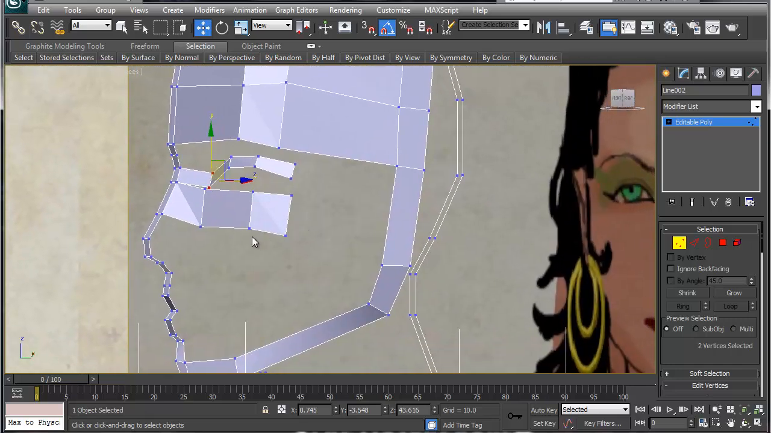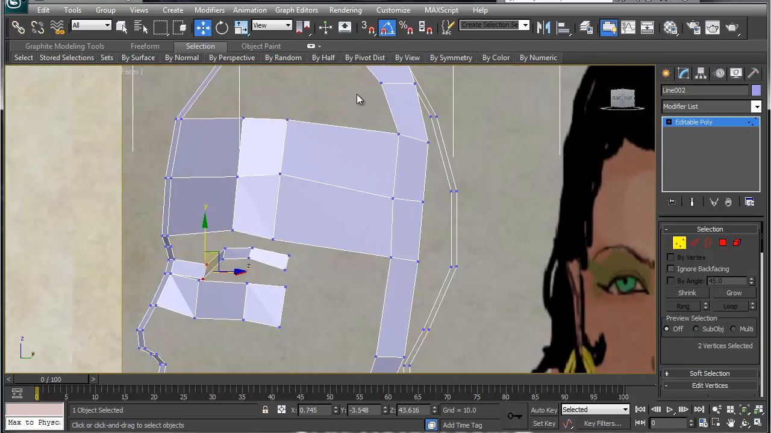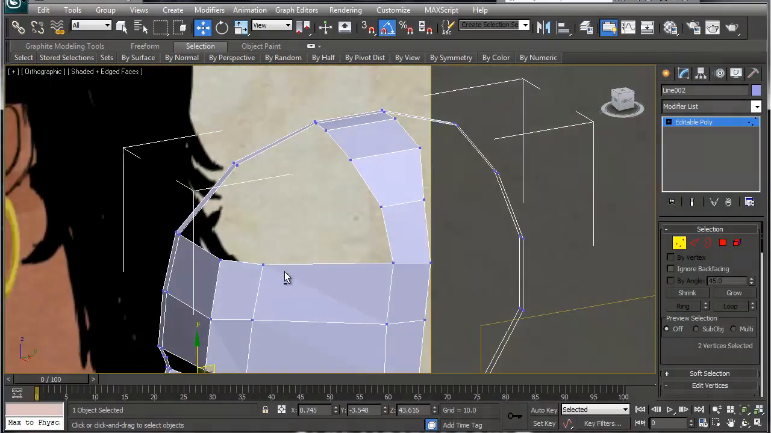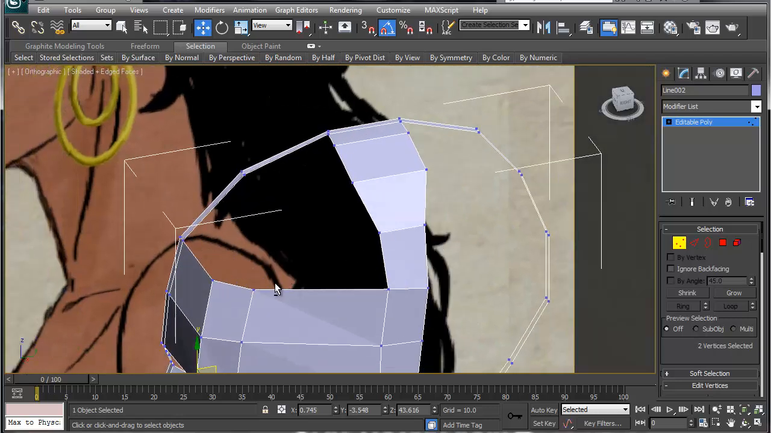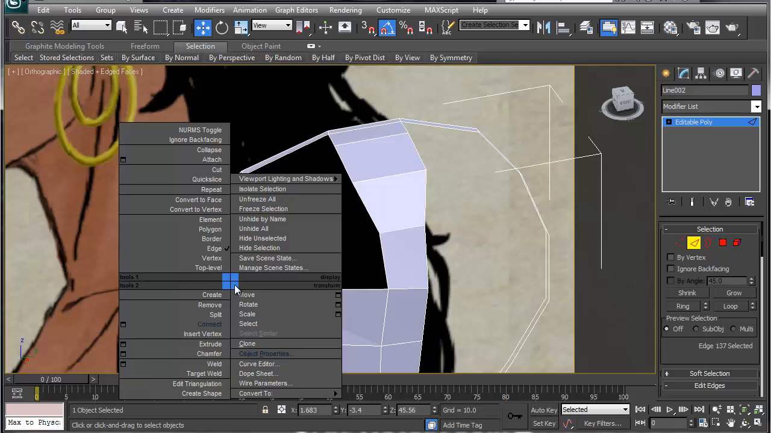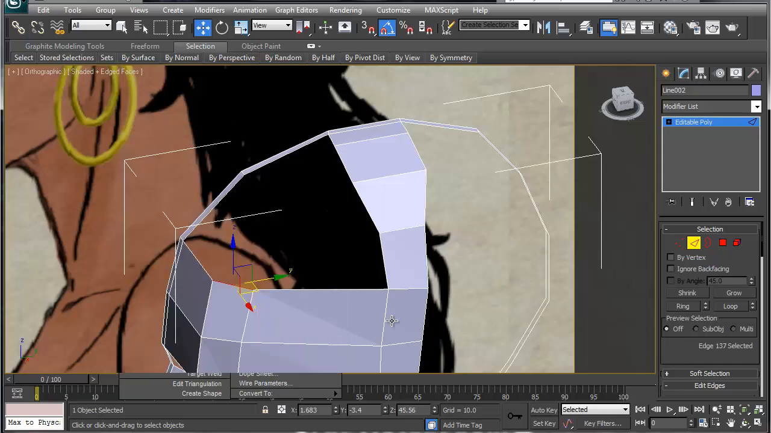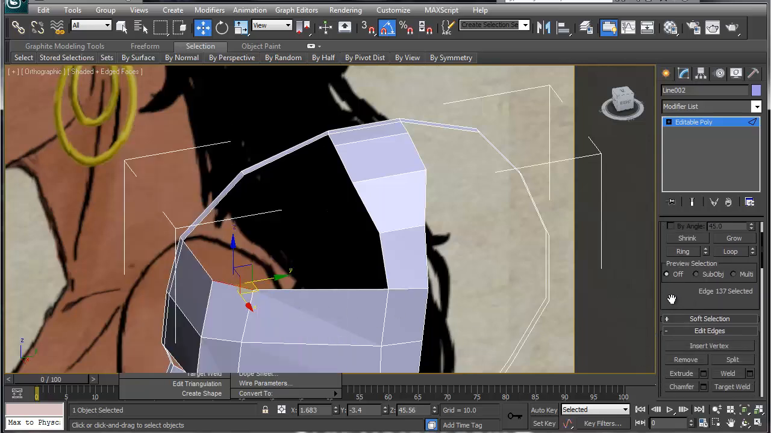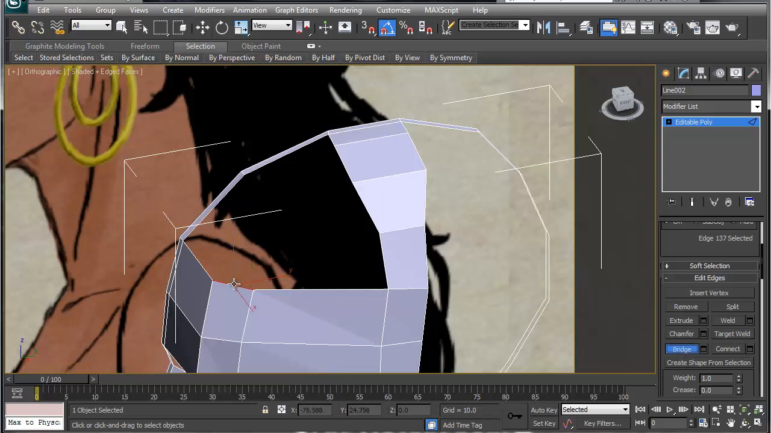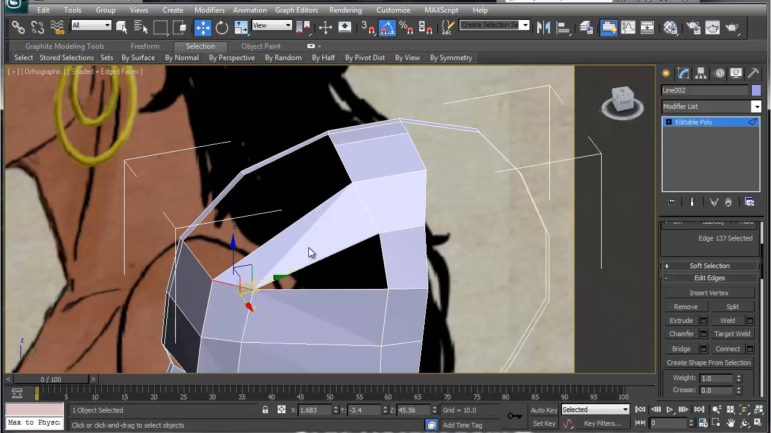Now, when you're doing this, I'm going to import this into Mudbox and really play around with it. So I'm not too worried about the polygons or the edge looping right now. I'll explain that a little bit. Edge looping is really good for your animation. But so I'm going to bridge this over here like so, and I'm going to grab